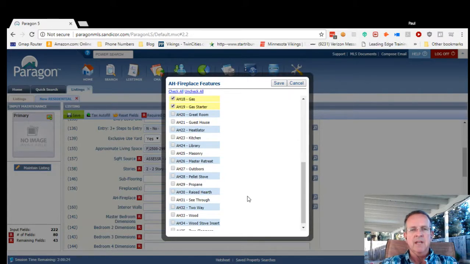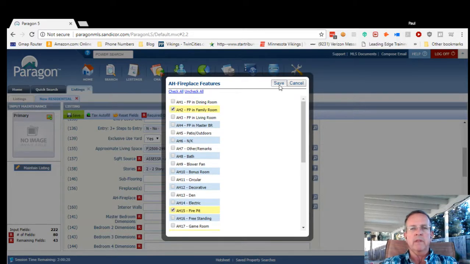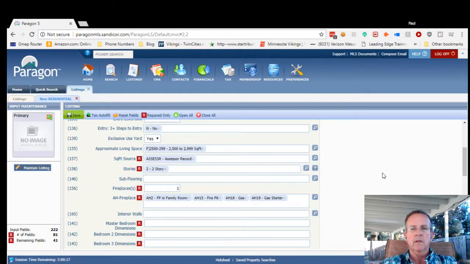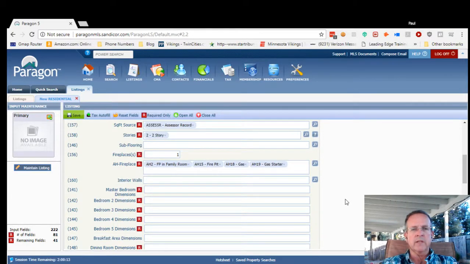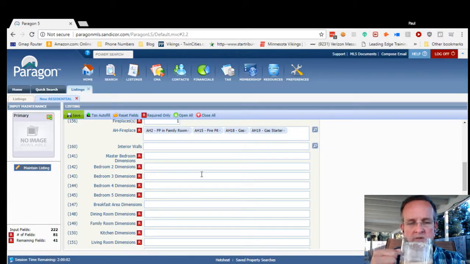Anything else in here? They've really put in a ton of stuff in here when they combined us with the MLS, the Murrieta Temecula MLSs. They added in a bunch of other fields that we can use. Interior walls, I don't care. Oh, master bedroom dimensions. Now, ideally, what you want to do is when you go and you meet with your seller,